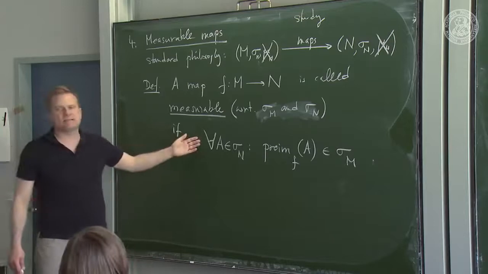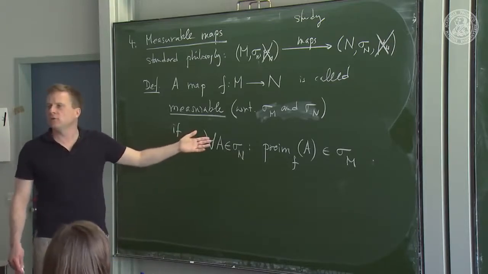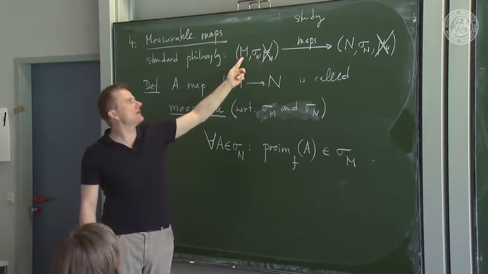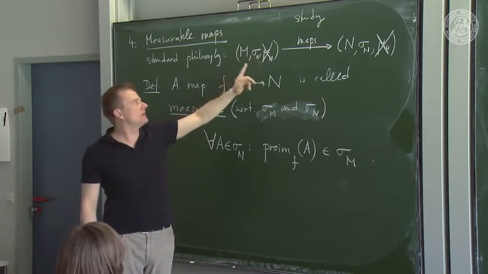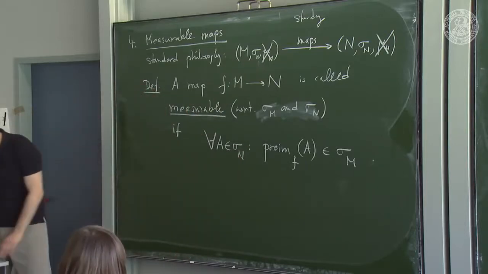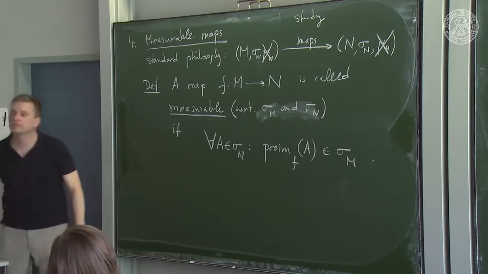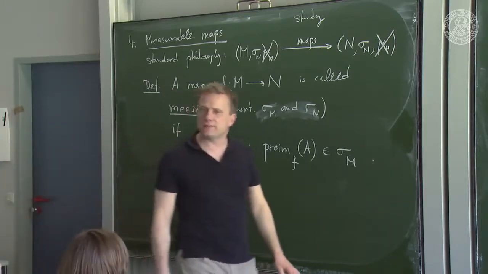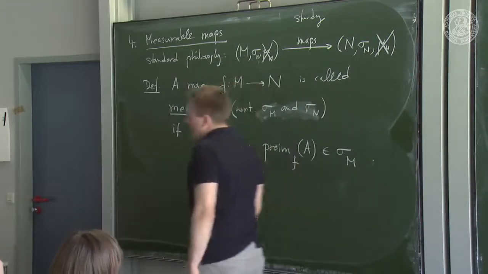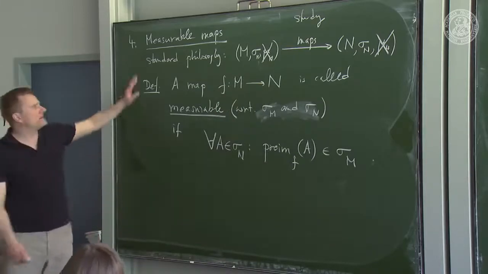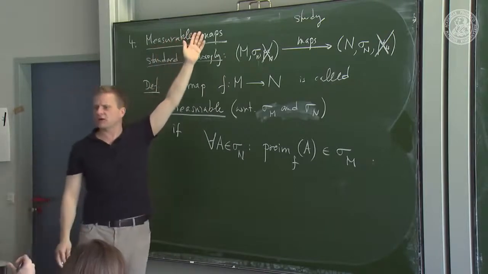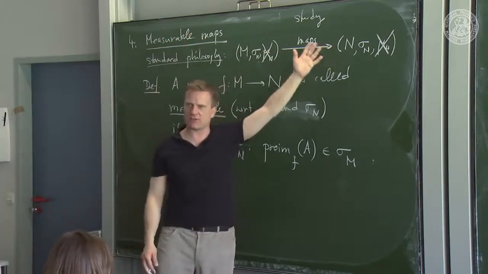Well, you immediately see that this is compatible with choosing a Borel sigma algebra that's made from open sets, right? And you would then immediately see that continuous maps are actually measurable. Continuous maps are not the only measurable maps, but they in particular are measurable. By this general standard philosophy, it makes sense to define such structure-preserving maps between such structures.